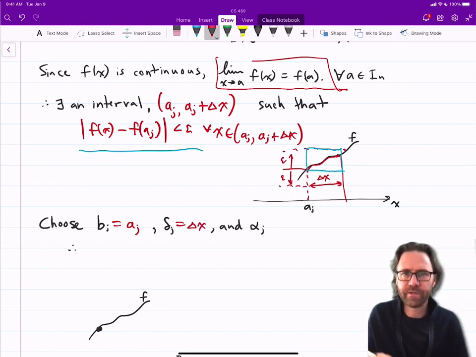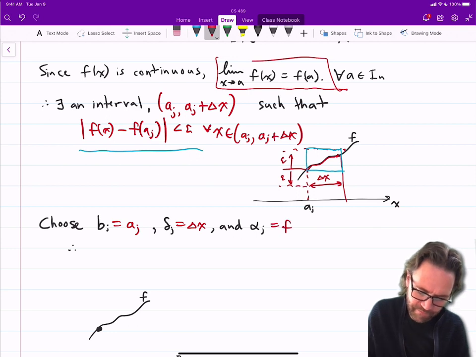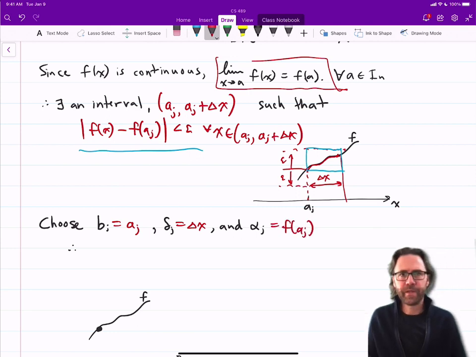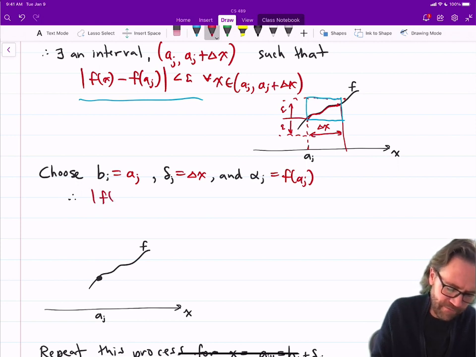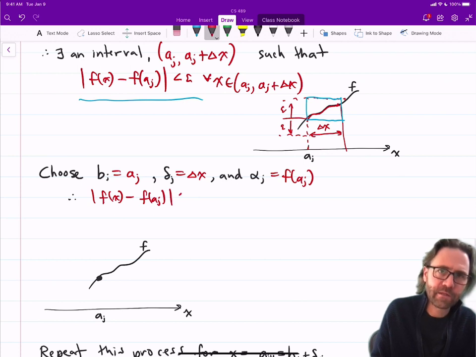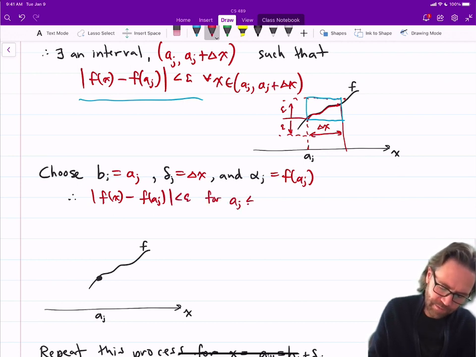And alpha_j is going to be my function value at a_j. So therefore |f of x minus f of a_j| is less than epsilon for x between a_j and a_j plus delta_j,